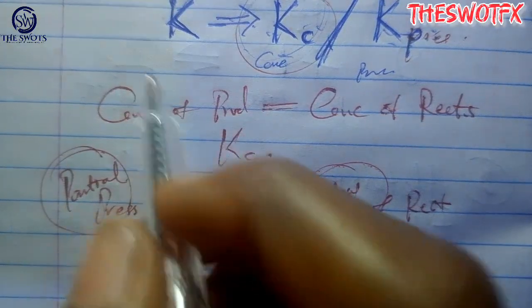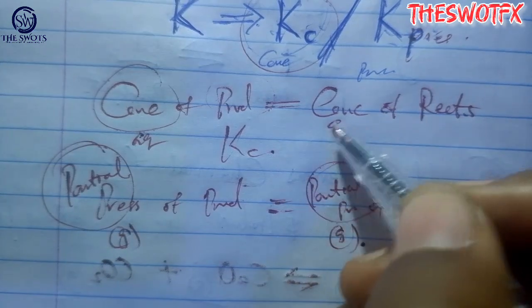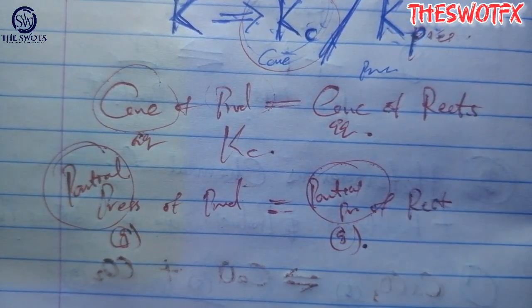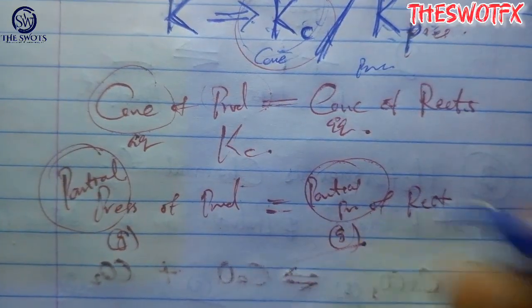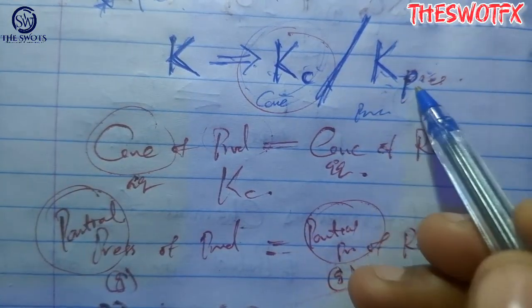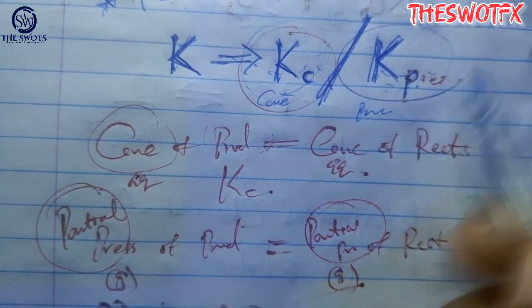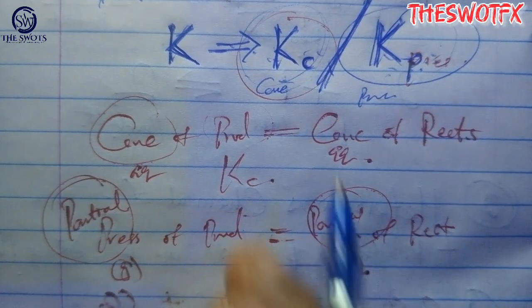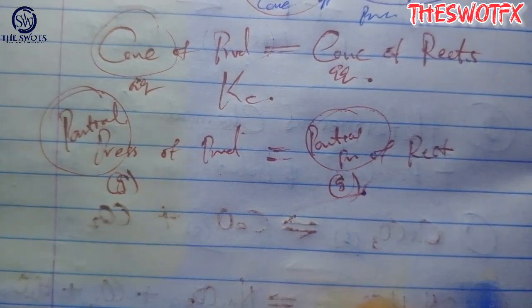For concentration, we are talking about the aqueous form. There are times they can ask you to find the constants of your pressure. We will get to that, but first, let's deduce how we can write our